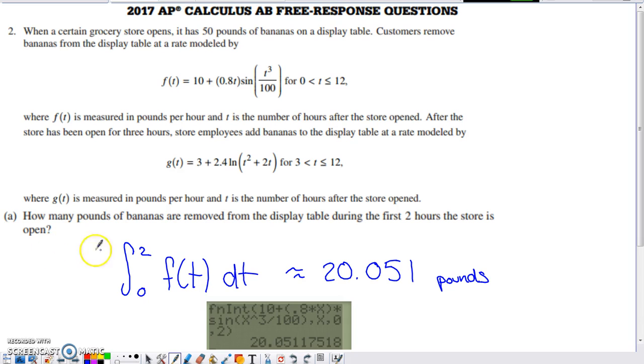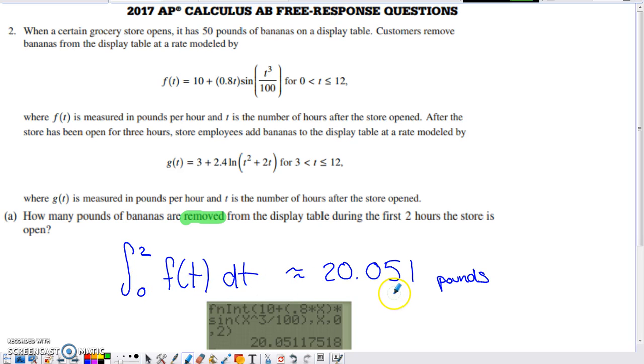How many pounds of bananas are removed from the display during the first 2 hours the store is open? So we don't care about how many we start with. We don't care about the restocking. That hasn't even started to happen yet within this time frame. We just care about how many bananas are removed. And so if this is the rate that the pounds of bananas are being taken from the display table by the customers, we're going to have to integrate that rate of change across the appropriate limits of integration in order